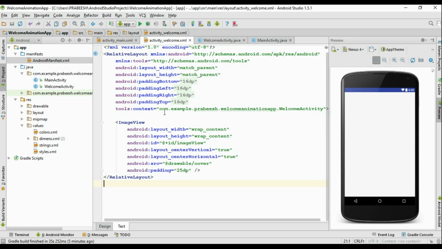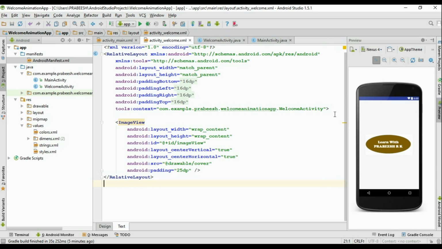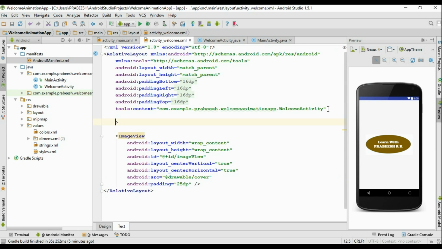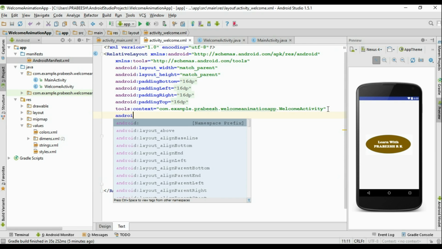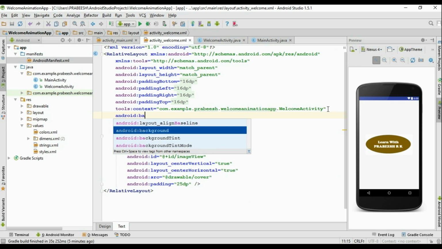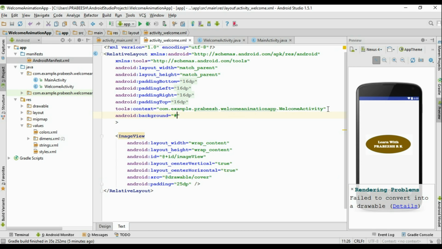Now go to the text file. So now I'm going to change the background of this layout into pure white. So add some additional attribute for this layout, android:background, and specify this one as pure white. Okay,